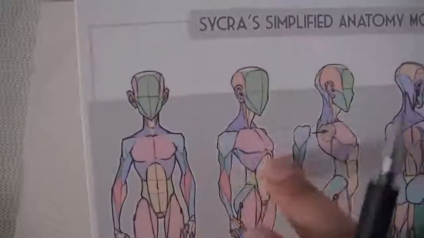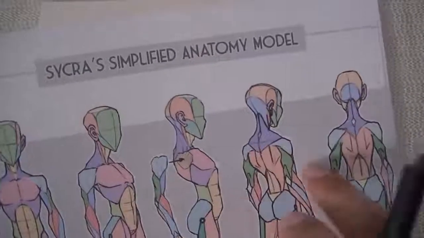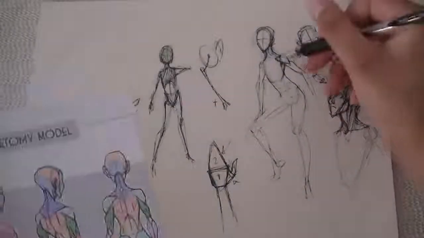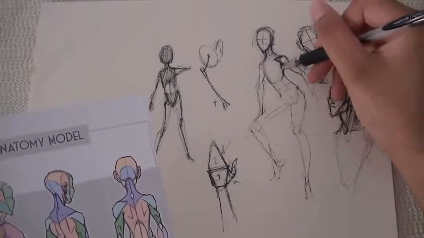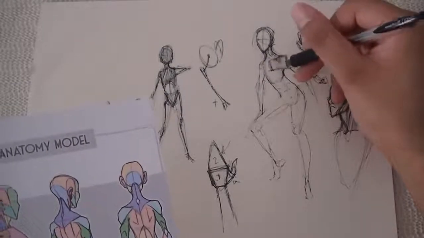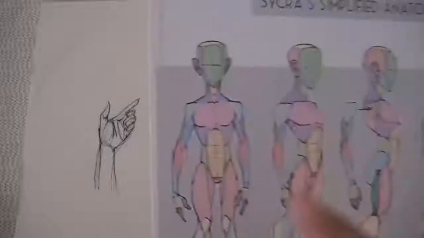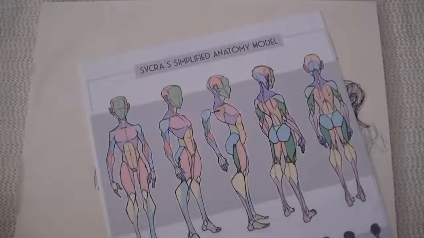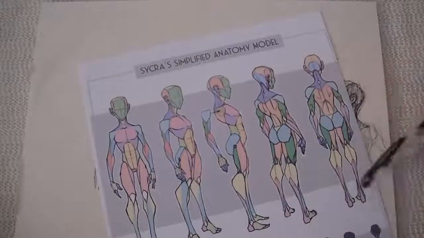So on the front, it's like that. On the back, it's like that. So it's like, okay, you get that. And then if you have this, you can also get the chest, because the chest and the deltoid, see, they have this relationship. Sometimes you can think of it just as